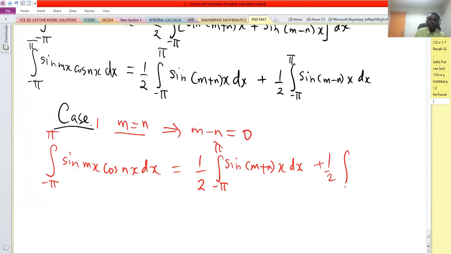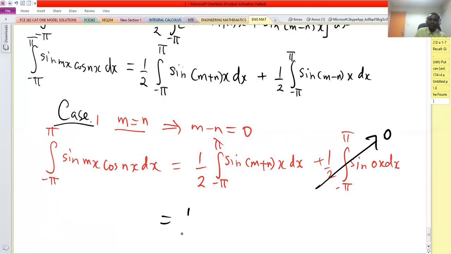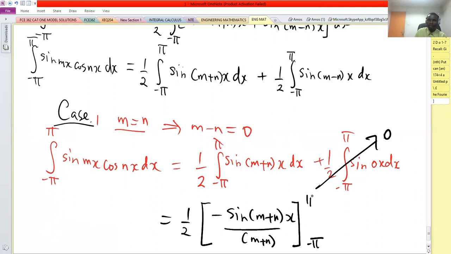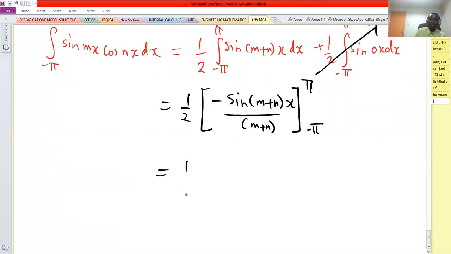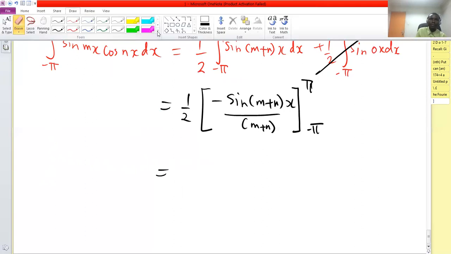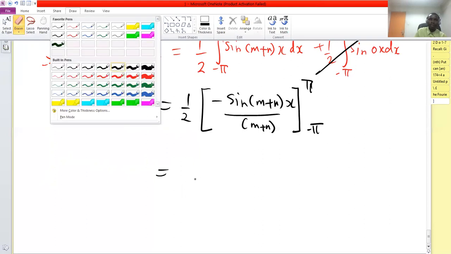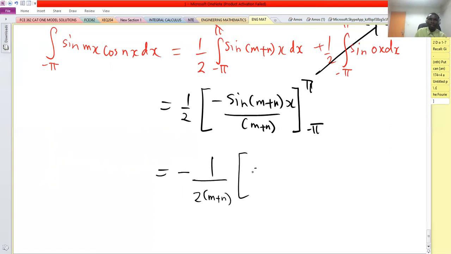Let me just write a half integral from minus pi to pi sine of 0 dx, so that this goes to 0, and here we'll have a half into minus cosine of m plus n x over m plus n from minus pi to pi. This will give us a half. I can factor out minus a half, and then I multiply that denominator. So I say minus 1 over 2 into m plus n cosine m plus n x,